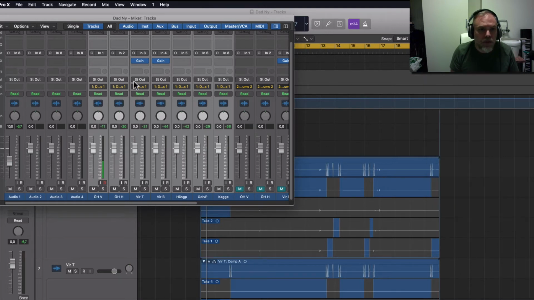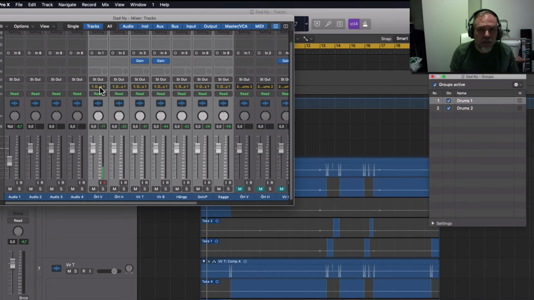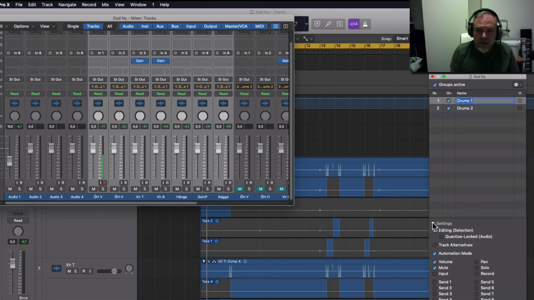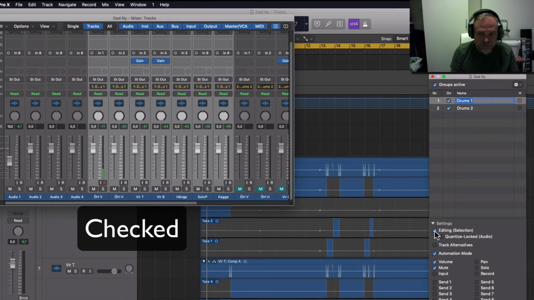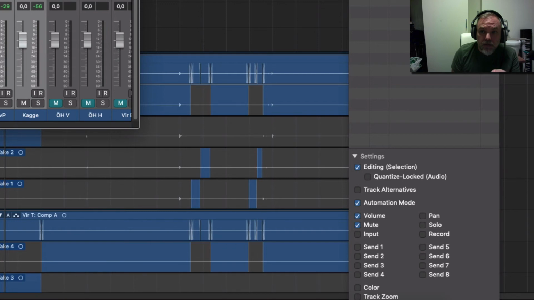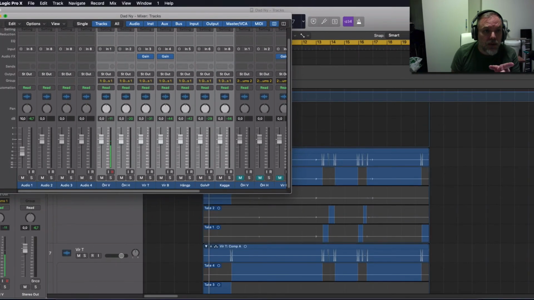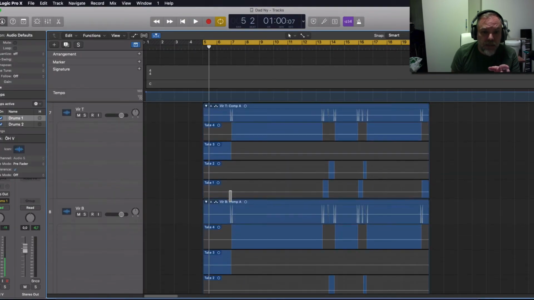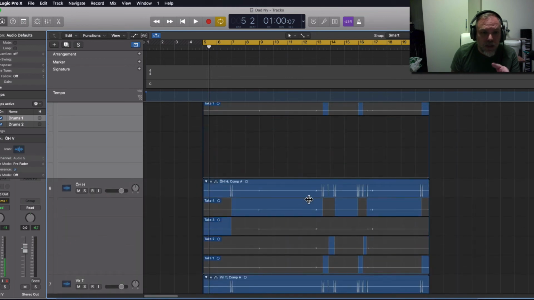I can show you, just double click on them. Here's drums 1, and then you go to settings, and you just make sure that this little box is ticked. That's it. If you don't do it, then you have to do all of these tracks separately. But now, when I go into